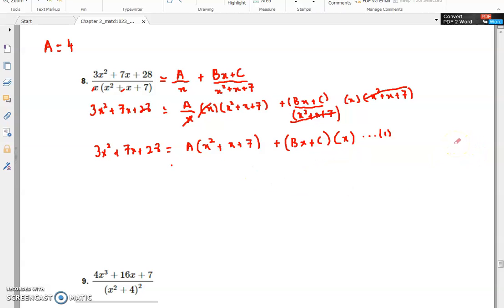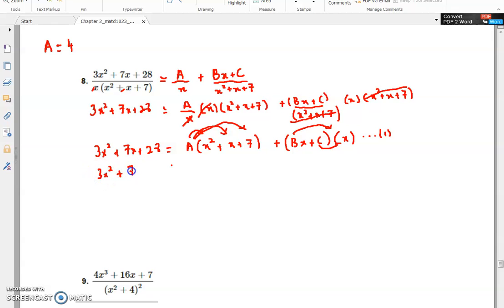Okay, now let us just focus on the part of equation number 1 here. As we can see here, and also this part, we can actually expand the equation that we have here by using multiplication. So we can multiply the A with x squared, A with x, and A with 7. This part also you can do the same method, which is you are going to multiply it one by one, which is you can multiply the bx and x, c and x there. So if we try to expand it,